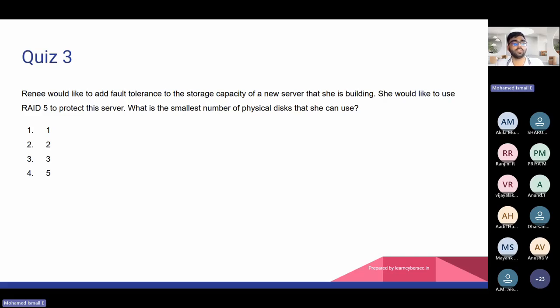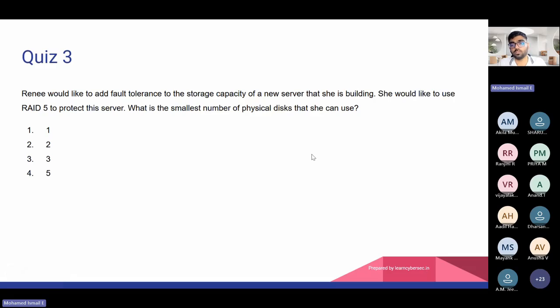So most of them are following the same answer. Yes, that's the right answer. To implement RAID 5, you need a minimum of 3 disks, maximum there is no limit. You can keep maybe 128 could be the max number, I believe, but the minimum is 3. Without 3 disks, you cannot start the RAID 5 storage for fault tolerance. The reason behind that, in RAID 5, you have primary, there is a backup, there is another parity disk. So these 3 work together and keep the backup. So minimum you need 3 disks to implement RAID 5.